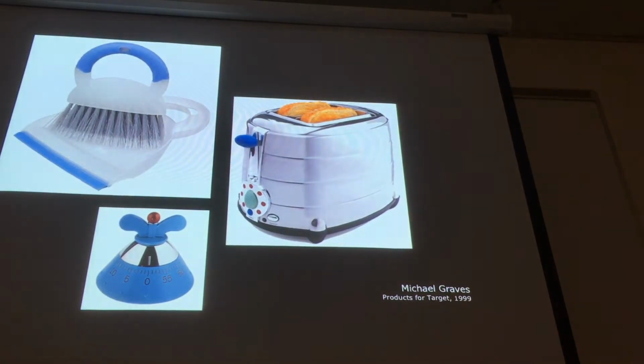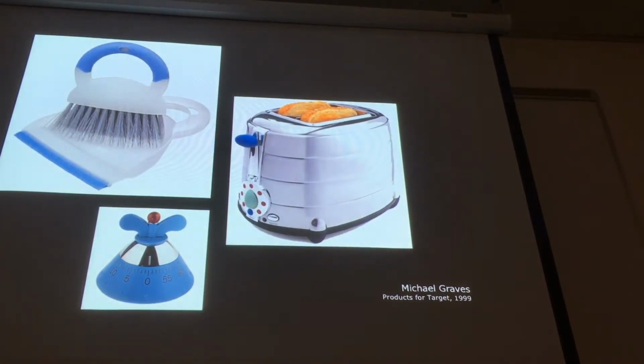But Michael Graves did this because the companies like Alessi that he was working for were selling his stuff for hundreds of dollars. And he decided somewhere along the line that good products should be available to everyone. So he said good design should be accessible to all. And that became his motto, and that was really the underlying current of what Target was about, trying to make sure that people had access to well-designed pieces.